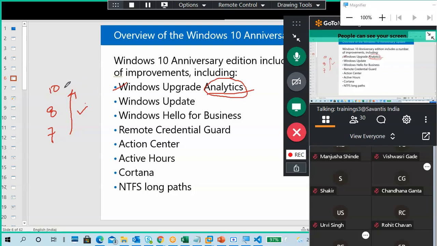For example, when Windows 10 launched, it was the very starting Windows 10, and now a lot of difference is there from old Windows 10 to new Windows 10. From the last 3 years, a lot of differences are there. For example, this, can you see this one? Bottom, task view, Cortana, search.